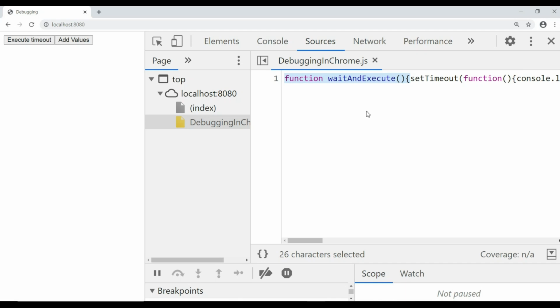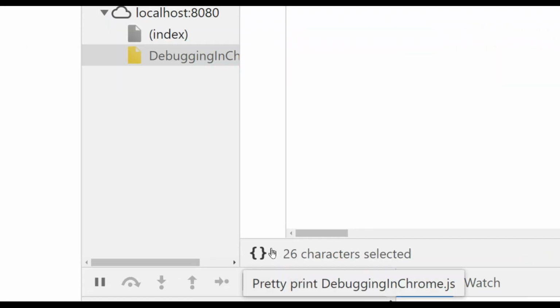Okay, so this is a very basic and very common problem with production JavaScript code that gets minified. So in Chrome developer tools, there is already one option which can help you reduce this problem. So here, if you see this pretty print symbol, you have to look into this symbol.